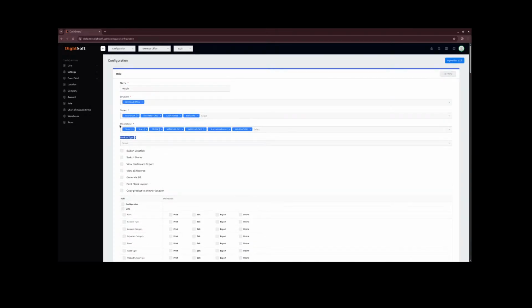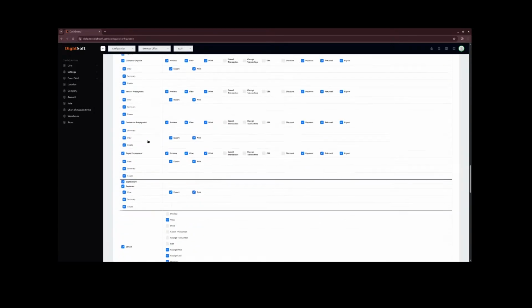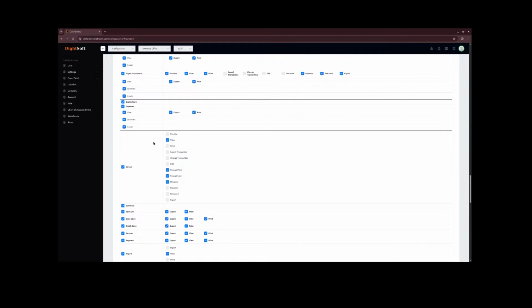So the role for warehouse, I think this one was in Dightsoft before. The role for, I'm not too sure. The role for product type, role for warehouse. Then every other thing is pretty much the same thing. It's just the design. So for them, anybody that you want to give access to cancel transaction under service or